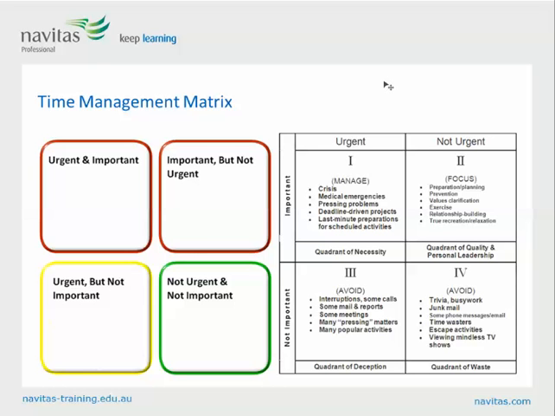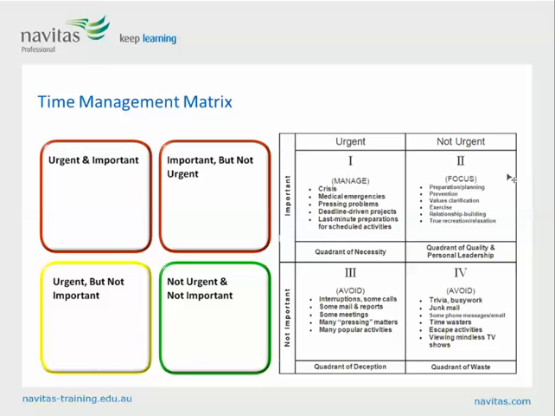The problem is that can take up an awful lot of our time, and really where we want to be spending our time is in Quadrant 2, which is the important and not urgent stuff. The reason why we want to be spending our time in here is that it adds towards our own personal development. It actually helps us get towards our goals. And it can actually help us break down our week and break down our activities to think, okay, well, what's actually getting me closer to my career goals? What time am I using? How am I using my time to get me to where I want to go to?